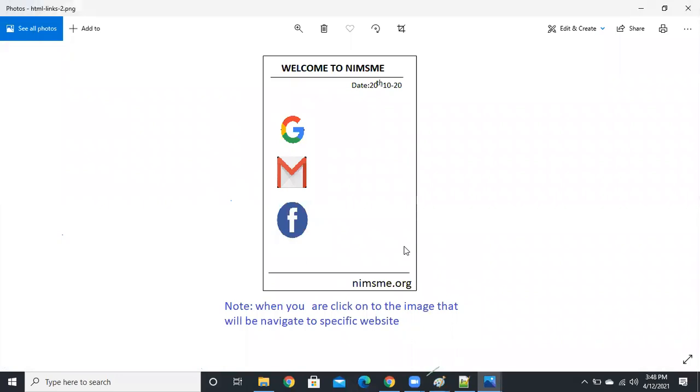Okay, you just give one heading and one HR and date and 3 images, again a line and footer. There is no border. For understanding purposes, I drew it like that. Okay, there is no border.